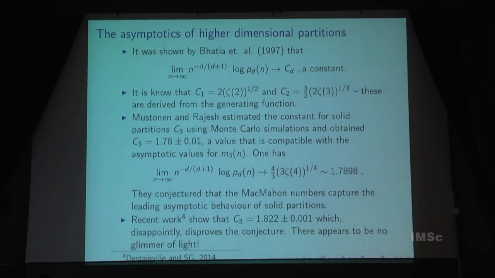I said, no, we don't know that. We only know this much. We need to check more. So then we both embarked on asking, how can we really check this thing? And this was fairly long because we wanted to be sure. And so we found that C3 is actually 1.822 plus or minus 0.001, which, for me, very disappointingly, disproves